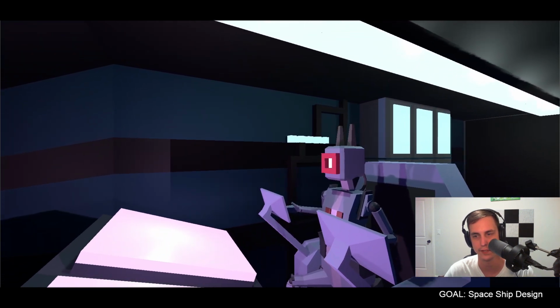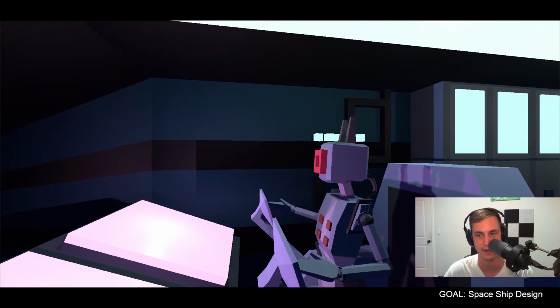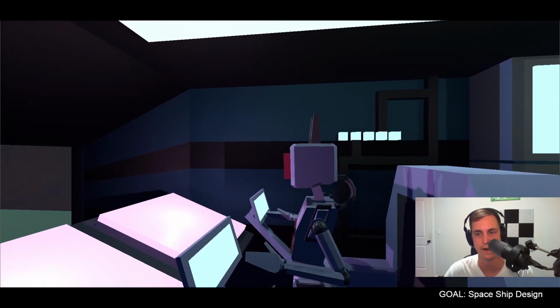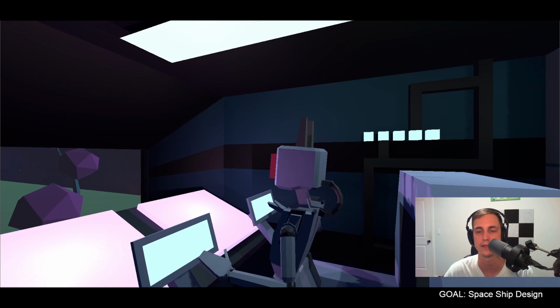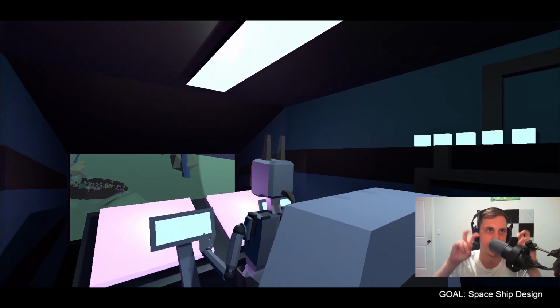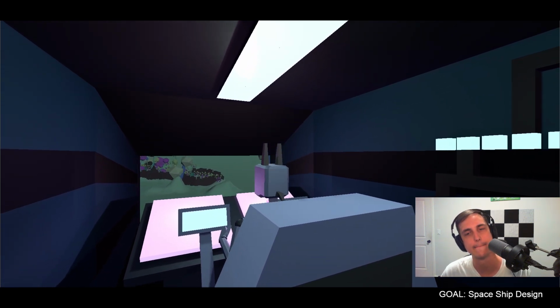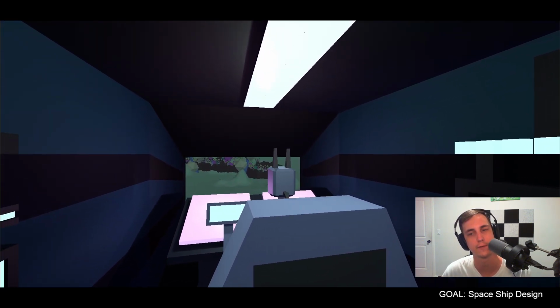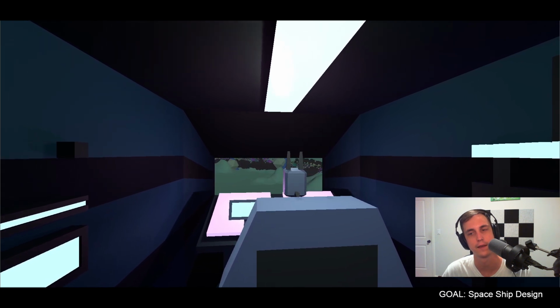Then, there's still some work to do on the animation, the idle animation for him sitting in the chair. I've got these little screens on either side of him that are sort of him piloting, I guess. But yeah, I like this little pan to where you can see through the window because you're not really going